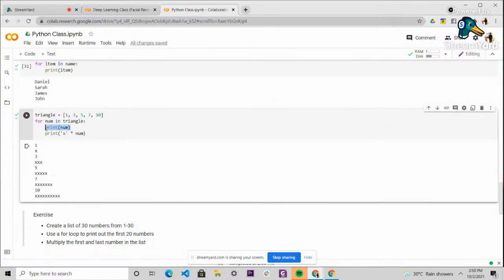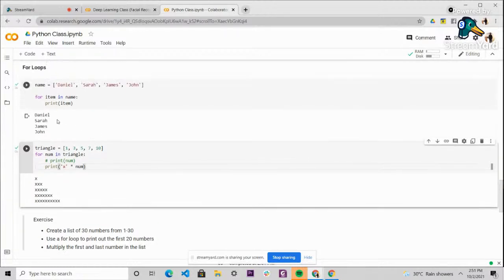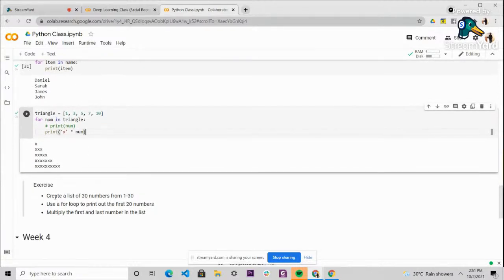Now, if I wanted to comment this out, again, the print statement helps us see what's happening behind the scene. But in this case, we don't necessarily need this. If you understand it, you don't necessarily need that. You could just run it and then get your figure or your diagram, right? So this just helps us see what's happening behind the hood. That's what this line is for, right? So I believe I've explained that, and I believe this next